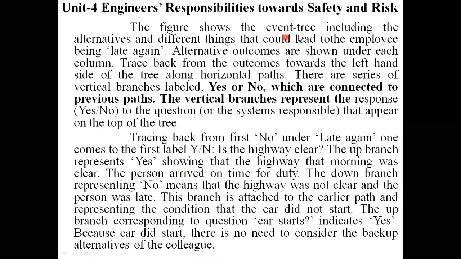The figure shows the event tree, including the alternatives and different things that could lead to the employee being late again. Alternative outcomes are shown under each column. Trace back from the outcomes towards the left side of the tree along horizontal paths. There are a series of vertical branches labeled yes or no, which are connected to previous parts. The vertical branches represent the responses yes or no to the question or the system response that appear on the